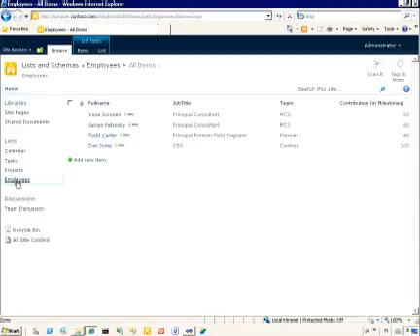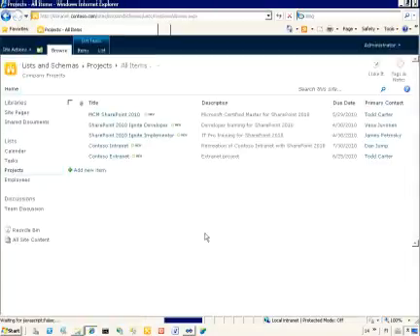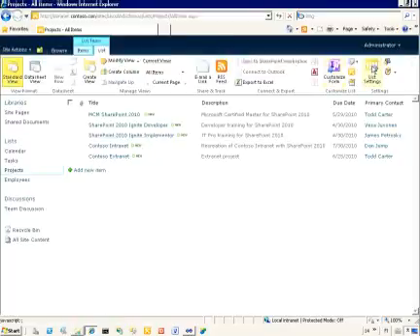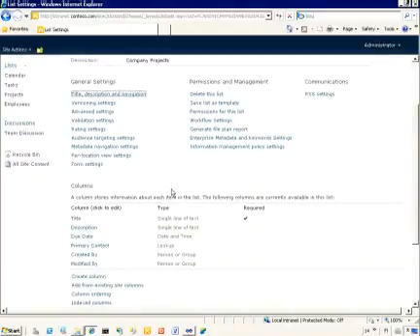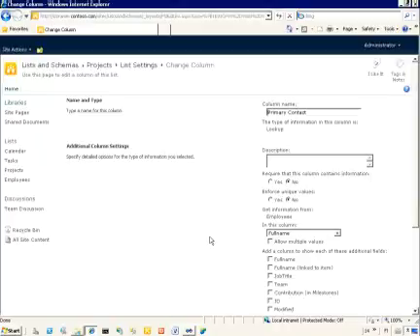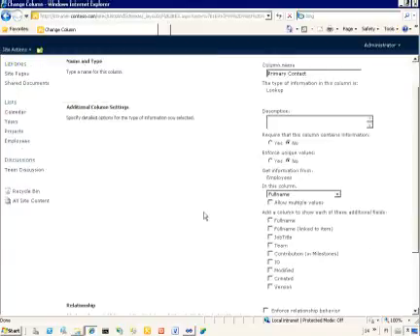And from this list, we can associate the proper persons to be the primary contact for individual projects. At the moment, this is a standard lookup. There are no customizations or additional settings behind it, but we can actually create a true relationship between these lists. Obviously, there is already a relationship through the lookup, but we can also do projected fields between the lists, which basically means that since we are associating the primary contact for the project from the employees list,